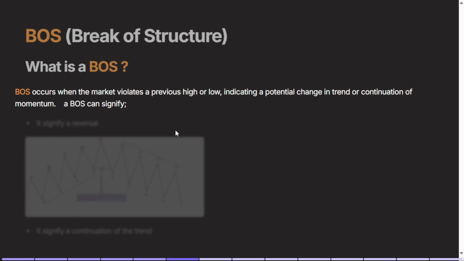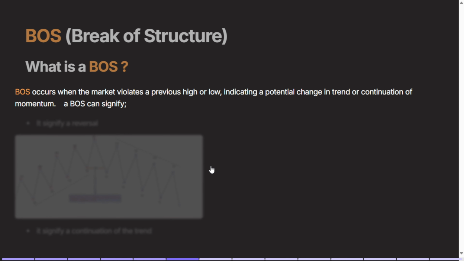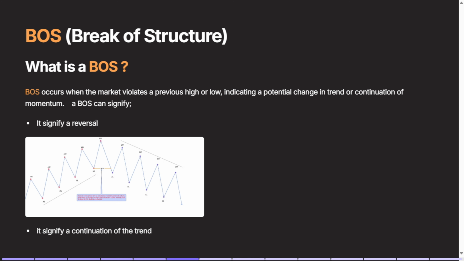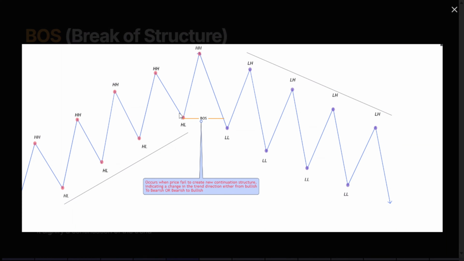So when the market is trending up, after creating a new higher low, the market then pushes back up and breaks the previous higher high. That is called a break of structure. Hope you understand. So a BOS can signify a reversal of the trend, like this. Okay, so like I was saying,